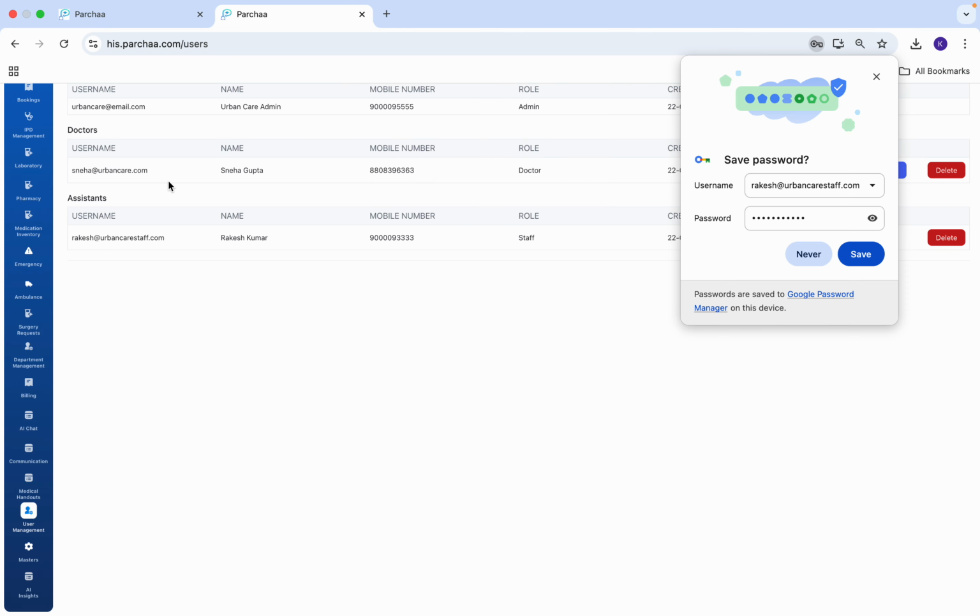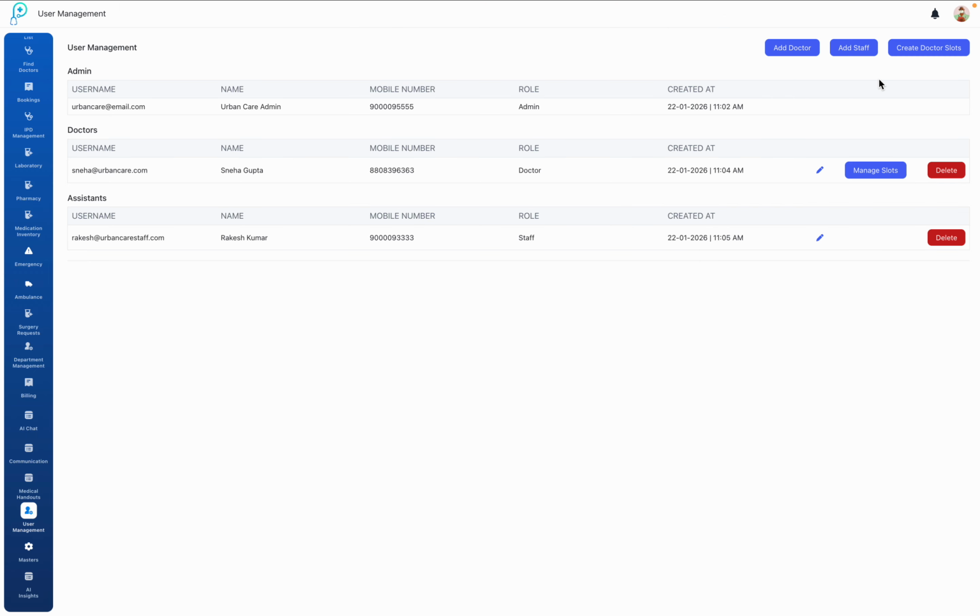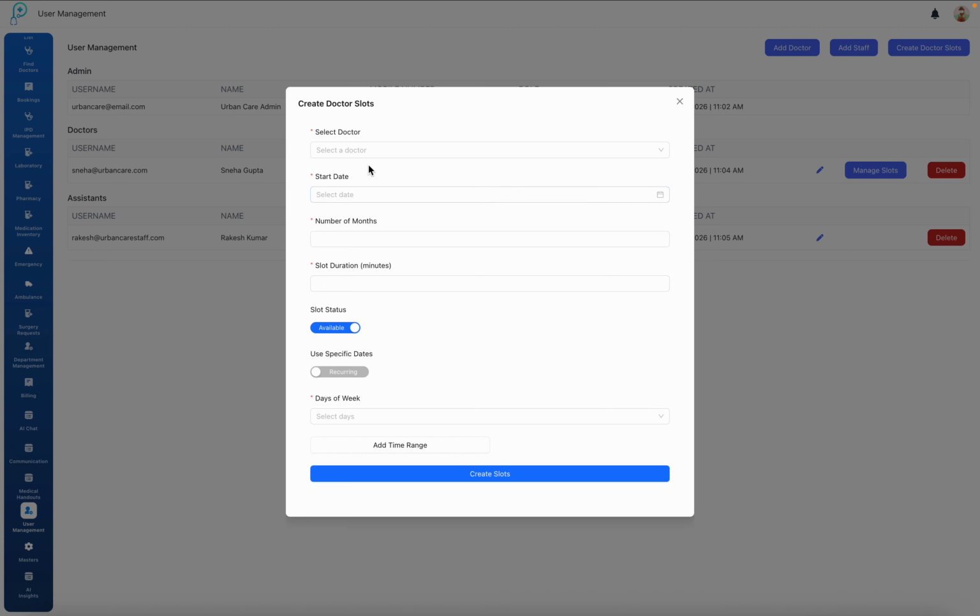Okay, so we have added a new staff member. Now let's go on and configure the slots for this doctor. So I'll click on create doctor slots, and here we can select the doctor, select a date. For example, I'm selecting today's date, number of months for which we want the slots to appear here, the duration